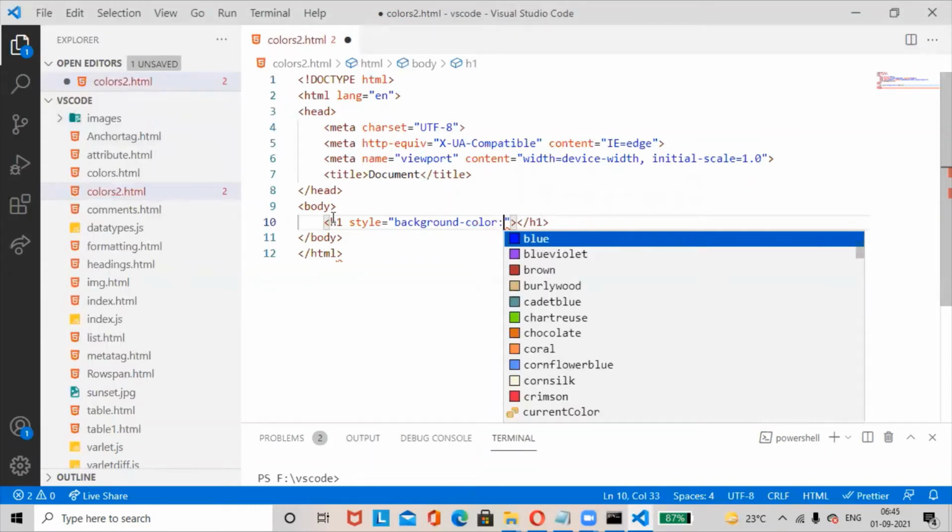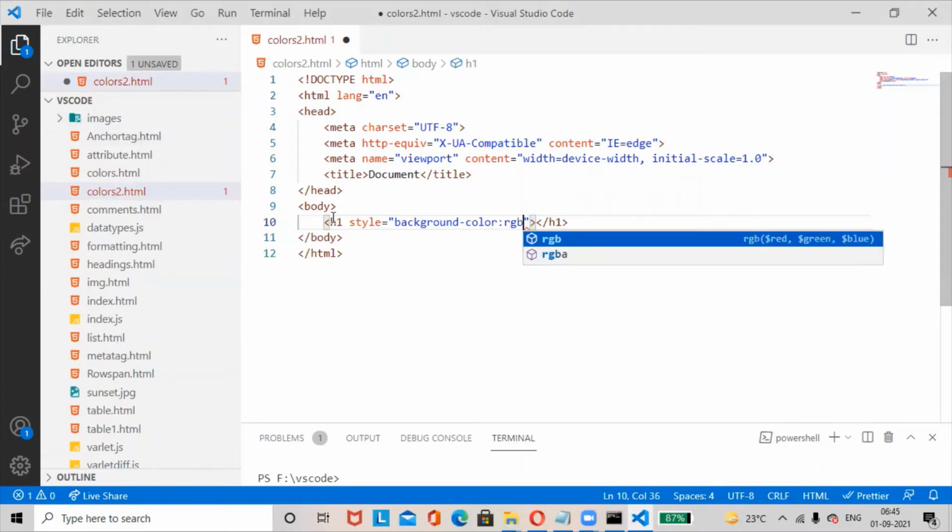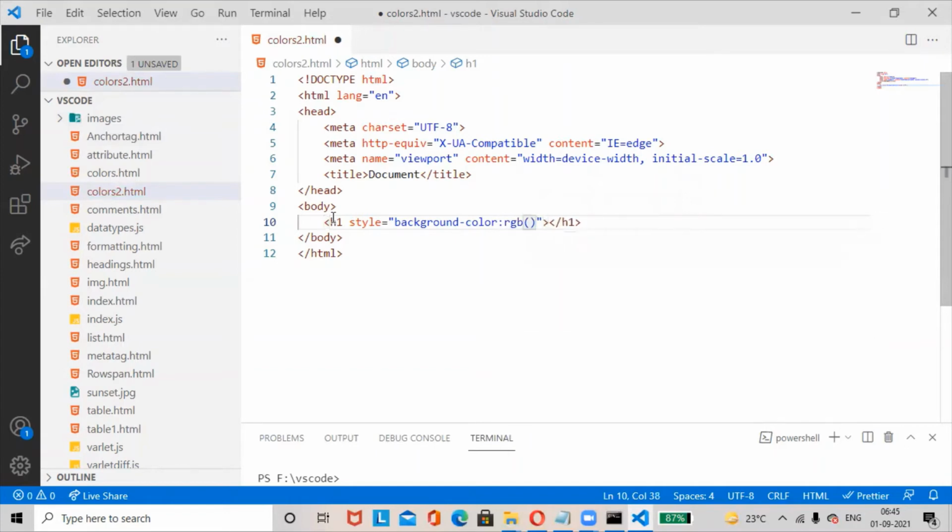Background color colon RGB 255, 0, 0, semicolon. Just copy this heading,